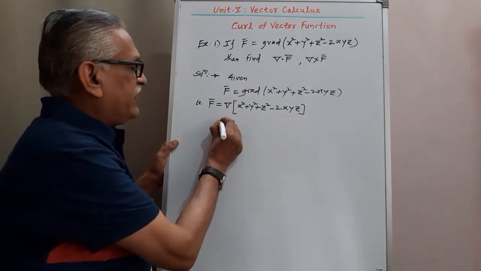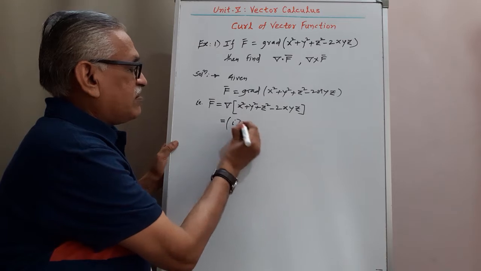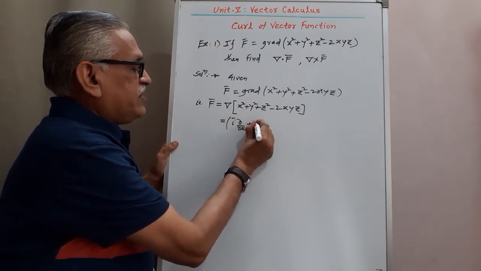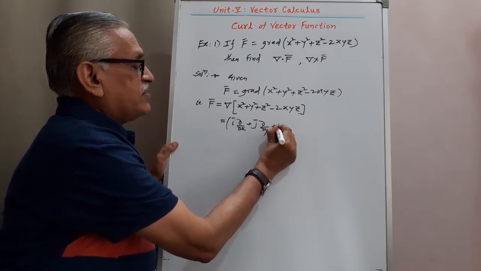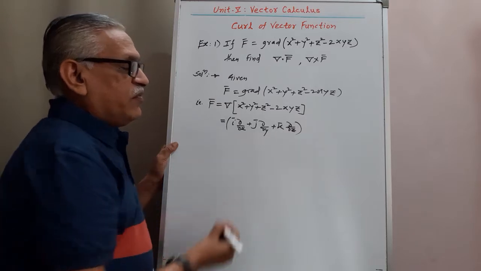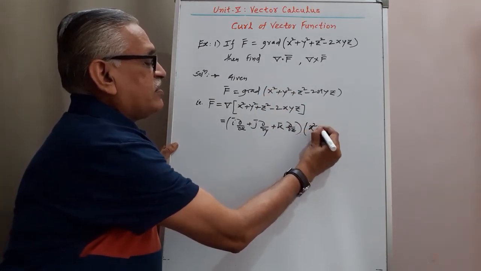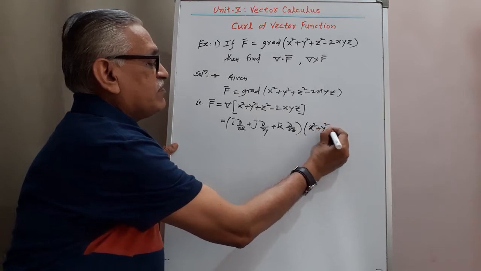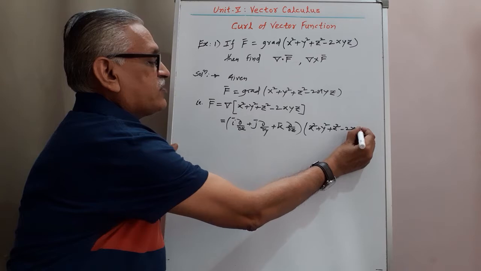We have the del operator as i dou by dou x plus j dou by dou y plus k dou by dou z, which we operate on that scalar point function, it is x square plus y square plus z square minus 2xyz,